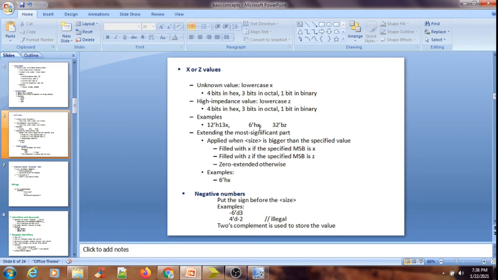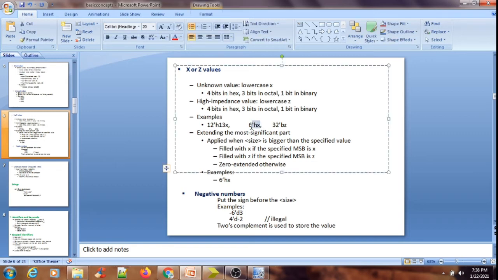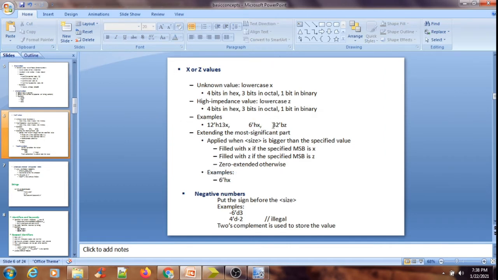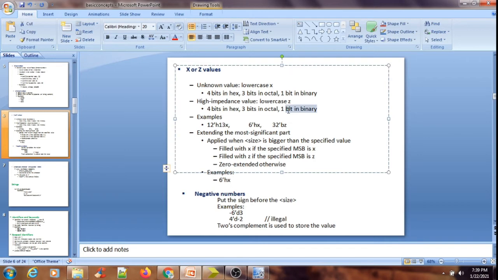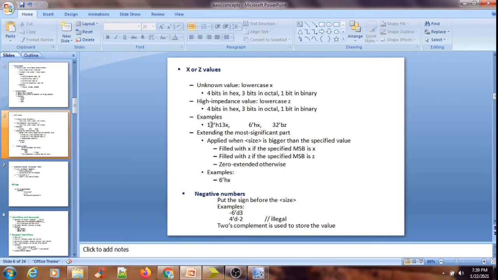And if I have taken a 6-bit hexa x, all 6 bits in your register will be occupied by x only. The same follows for high impedance, indicated with lowercase z. 1 bit for binary, 3 bits for octal, and 4 bits for hex are required to represent any exact quantity. Okay, let us move to this example.